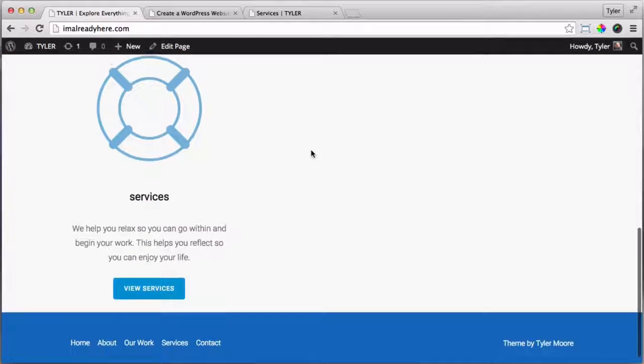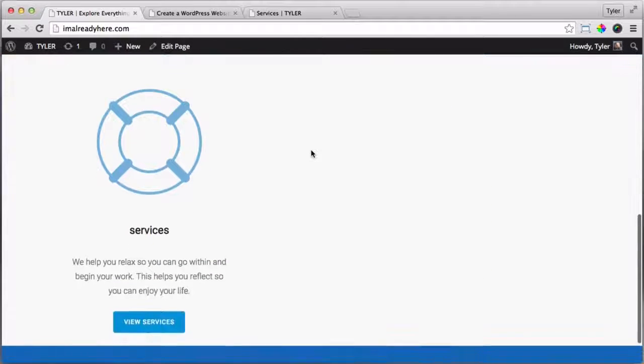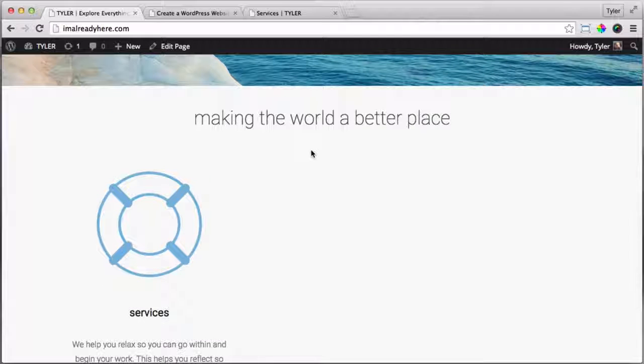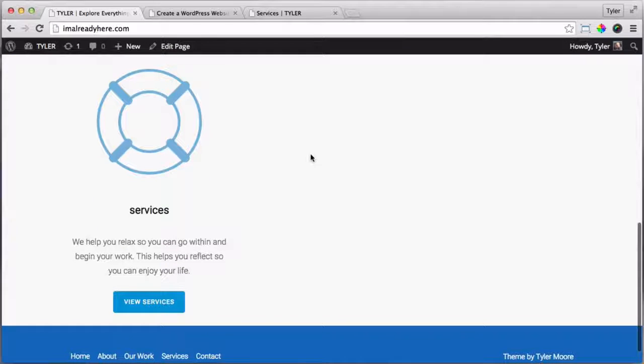And that's looking pretty good. I like that. So let's do that for the rest of these. So let's make our work and contact just the same way. So let's go ahead and edit page